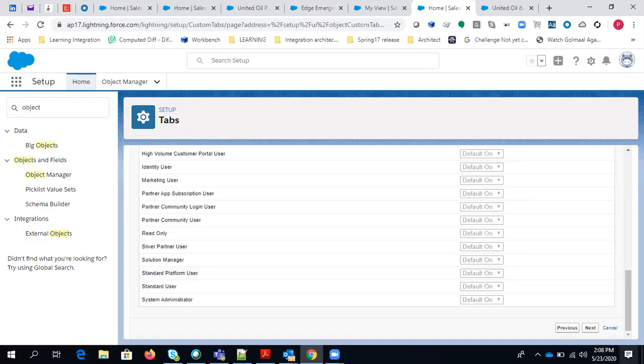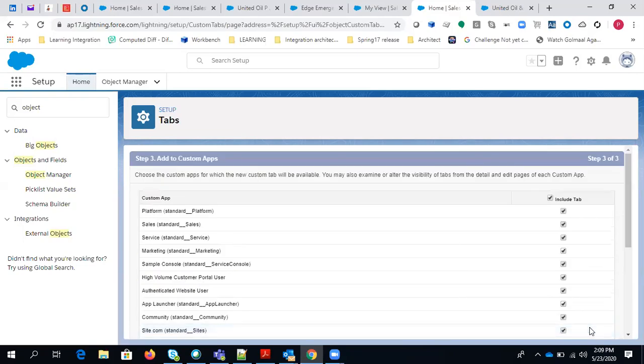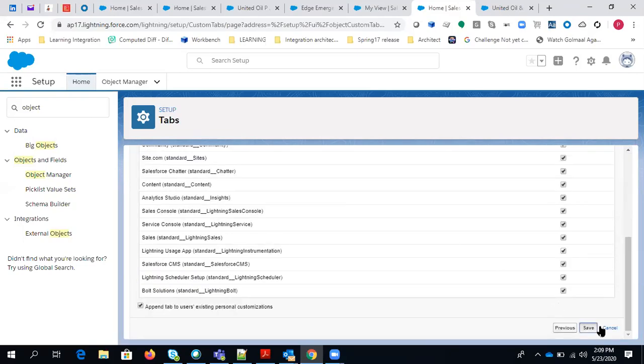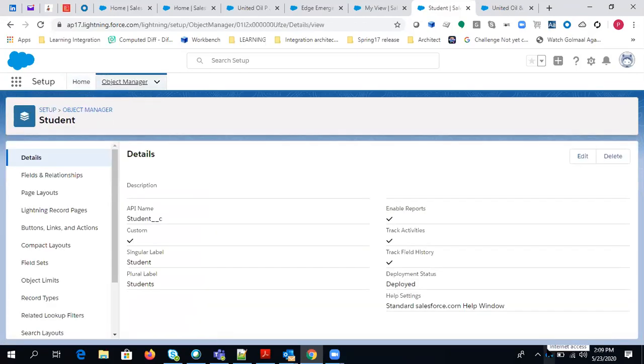Then I'm hitting next and hit save. So we have saved this. Now we have created the custom object called student, and this tab will be available for all the applications.